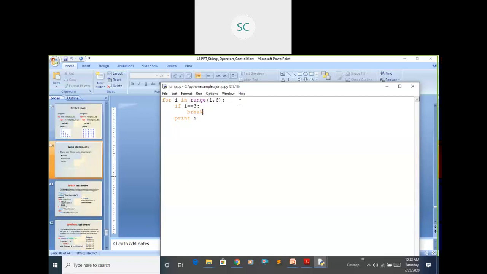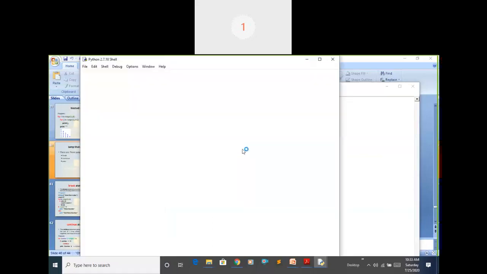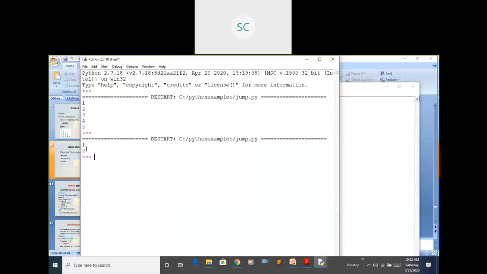Can anyone expect the output now? 1, 2, 4, 5? 1, 2, sir. 1 to 3 will be printed, right? Let's see. Yes, sir, 1, 2 only printed, because it stopped at 3, and range takes stop minus 1, right?